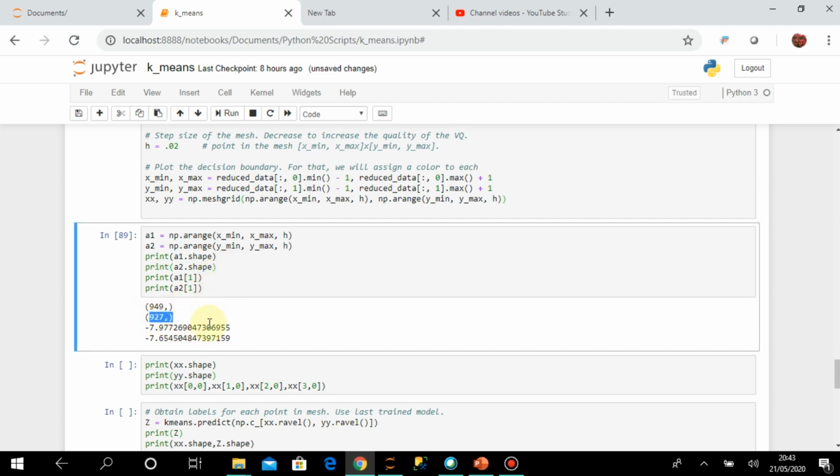So when it has calculated with x min, x max, y min, y max, and this difference of 0.2, this many elements were created. That was the difference between x max and x min, with the step h. So these many elements are created in these arrays, and these are the second elements of a1 and a2.